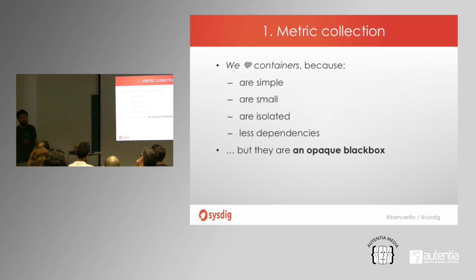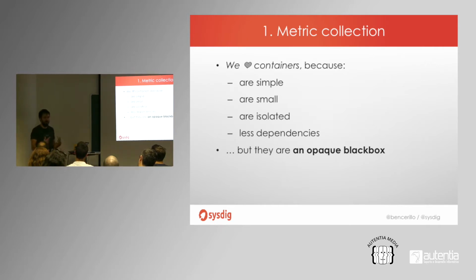We all love containers for multiple reasons, but probably because they are simple, they are small, in theory they are isolated. Everything that's contained in the container should stay there. And they have fewer dependencies, at least also in theory. You just bundle the libraries that you need for the service or the process or the software running inside. So it's awesome, it's great from a developer perspective. In some cases, it's also great from an operations perspective. But when we need to run this in production,